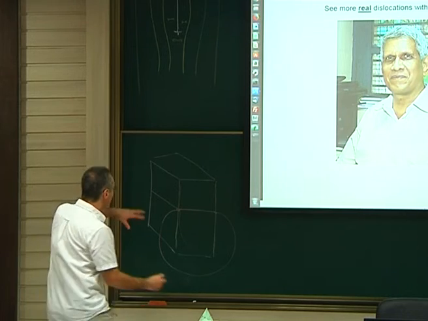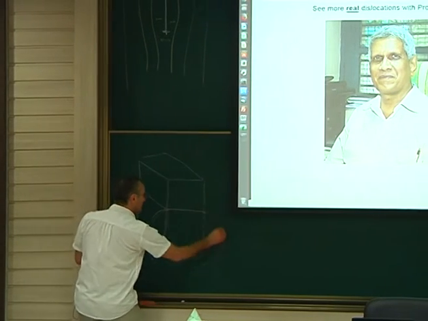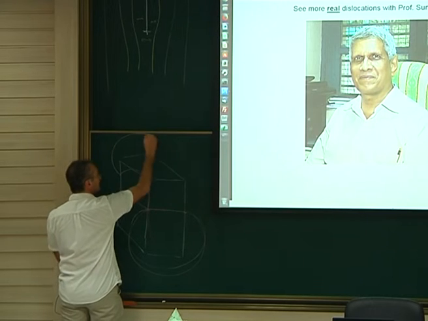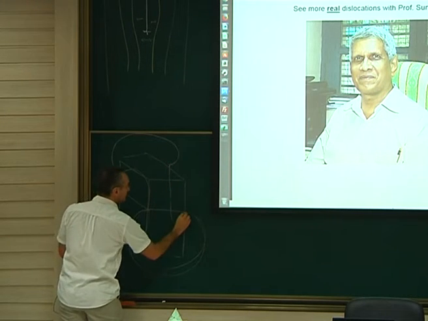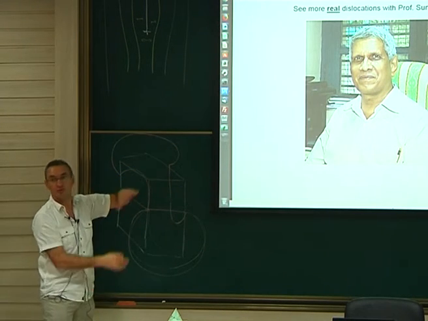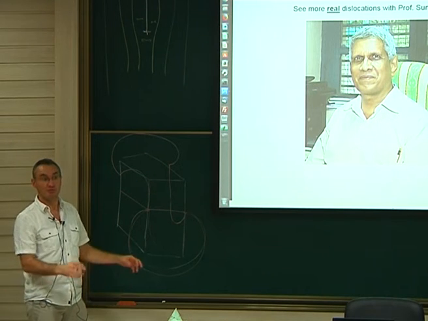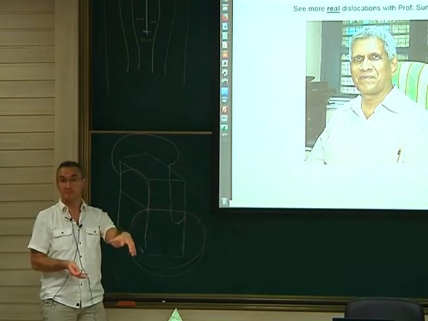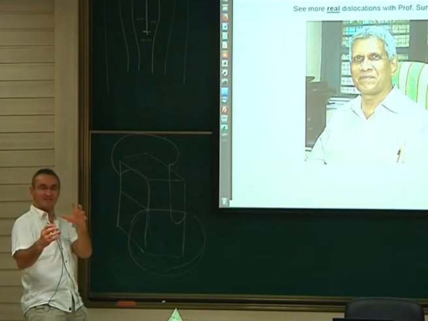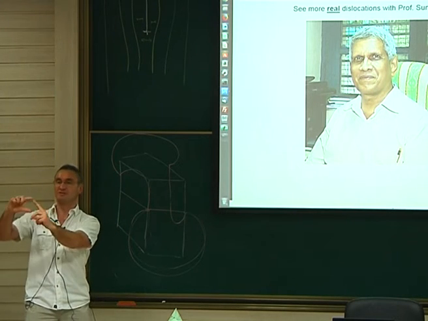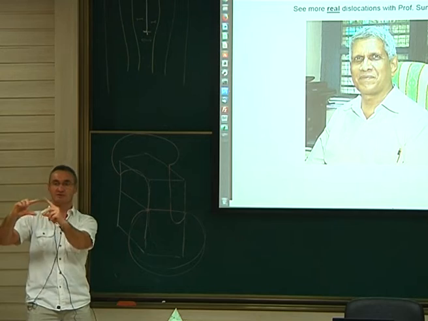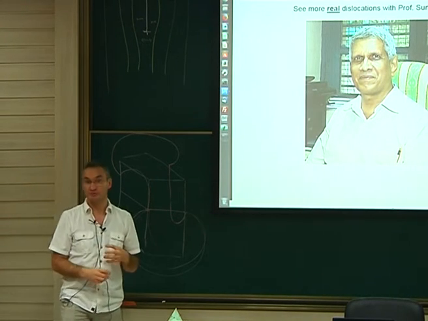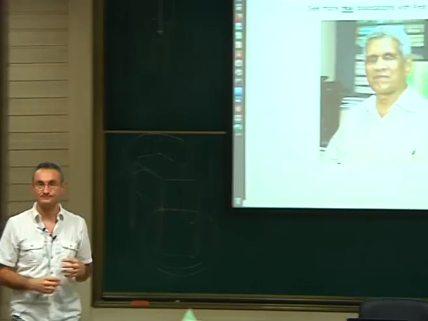But finally, when you have something very complicated like this, and just imagine this one goes up like this, the next one goes up also like this, and this one goes down like this. If you look at that in 3D, you do not recognize it's a prismatic loop. It's impossible. I'm sure Professor Sundararaman will not say it's a prismatic loop. It looks like a glissile loop, but it's a 3D structure, and if you rotate exactly along the Burgers vector, you will see that it is a prismatic loop. But if you look like that, it will be like a distorted loop. We will play with that with NuModis. We'll do that. Okay?